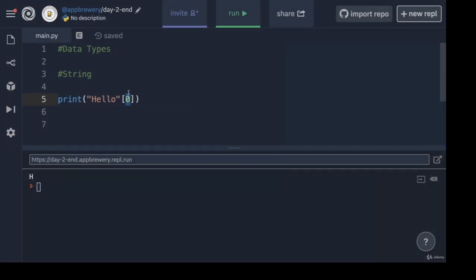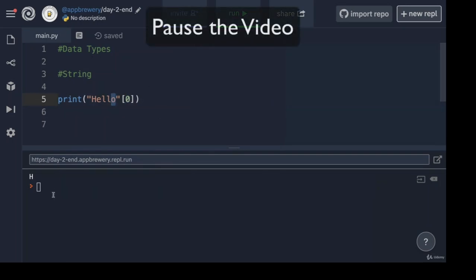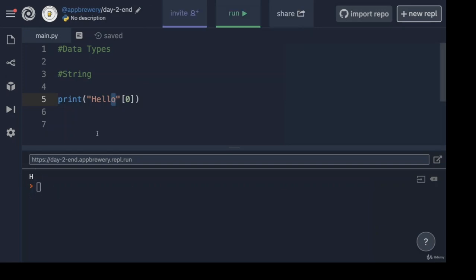Now, you can of course extend this and get hold of the last character. So pause the video and see if you can change the code so that O gets printed out here. Alright, so this is as simple as simply counting from 0, 1, 2, 3, 4. So if we change this to 4 and we run our code, then you'll see that O gets printed instead